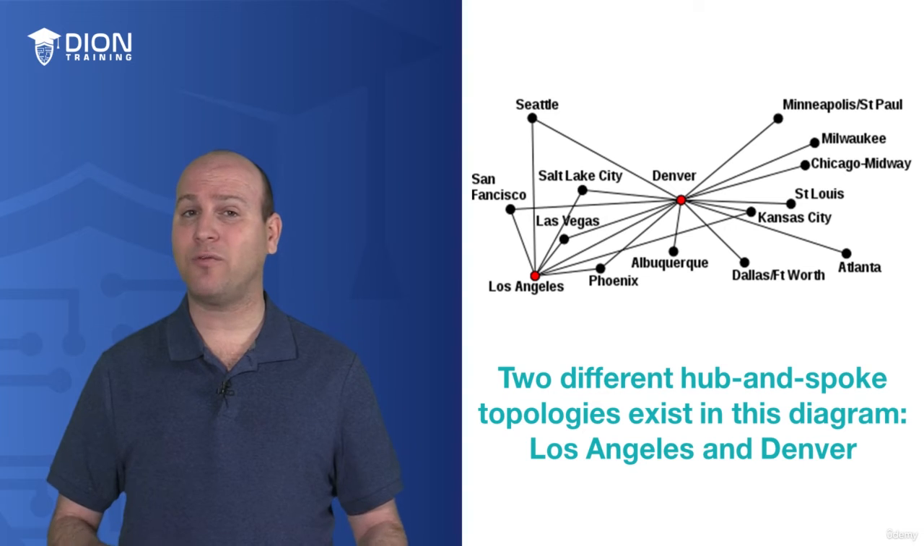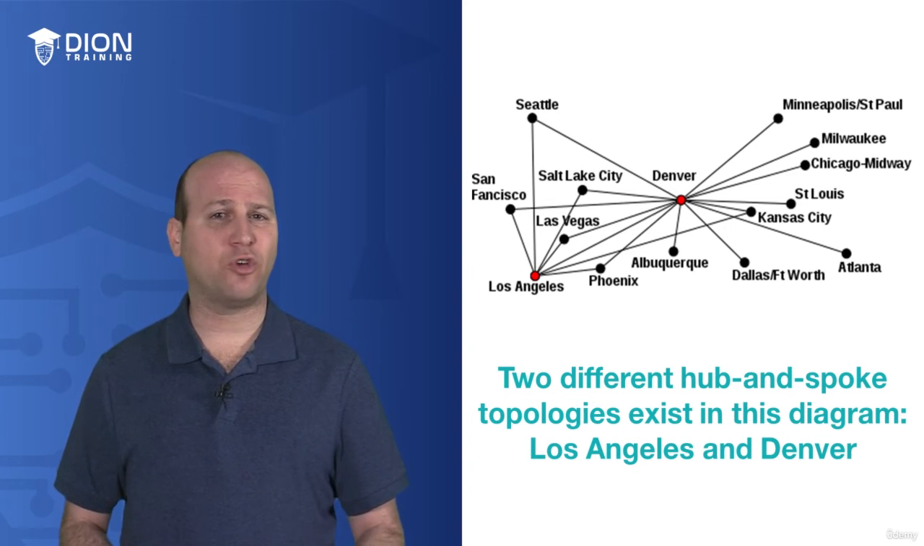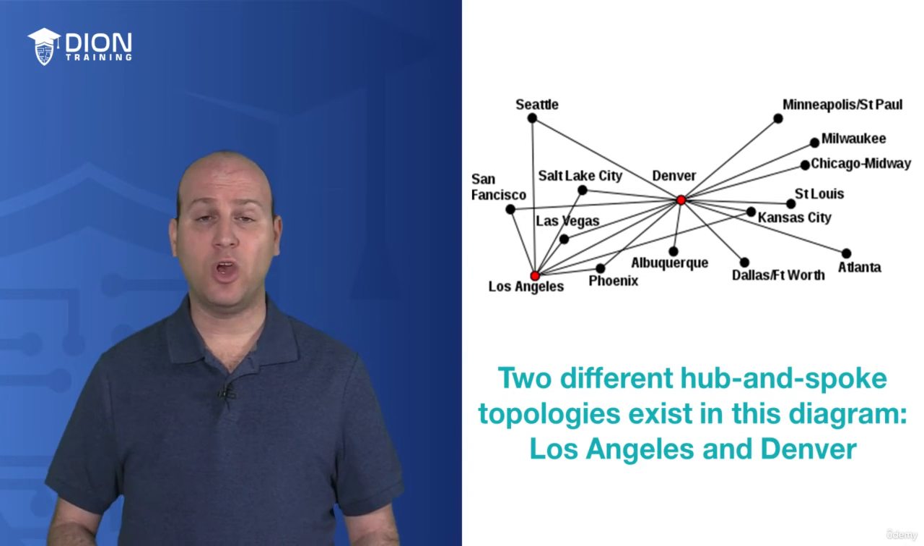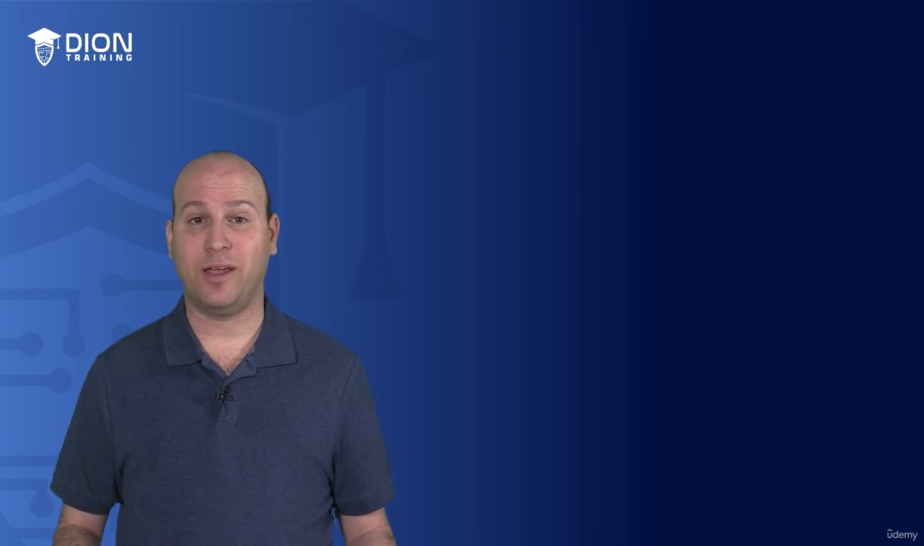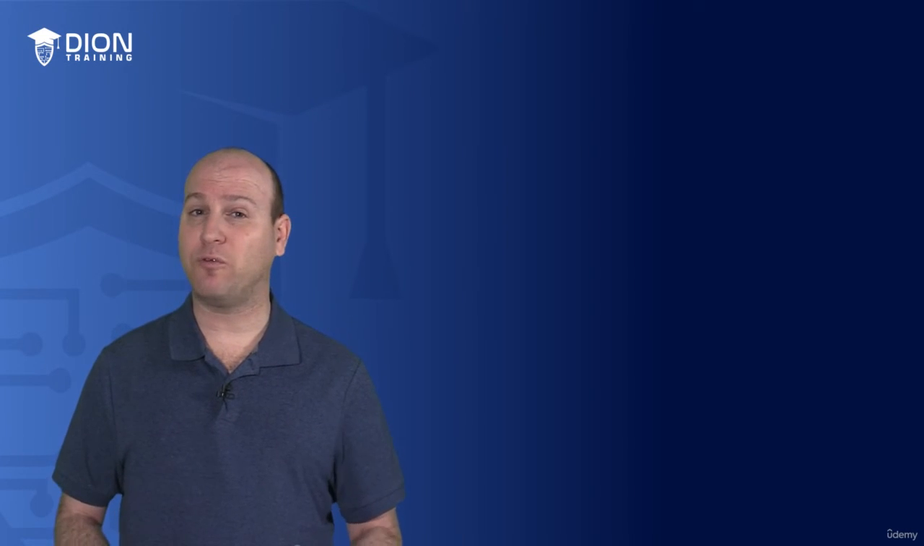nodes. It's not fully redundant, because if one of those central offices like Denver or LA fails, we're going to lose large portions of our network. But it is better than a single star. Now, because of this, losing half of our network is a bad thing, right? This is a problem. And if we're looking for full redundancy, we would want to go to what's called a